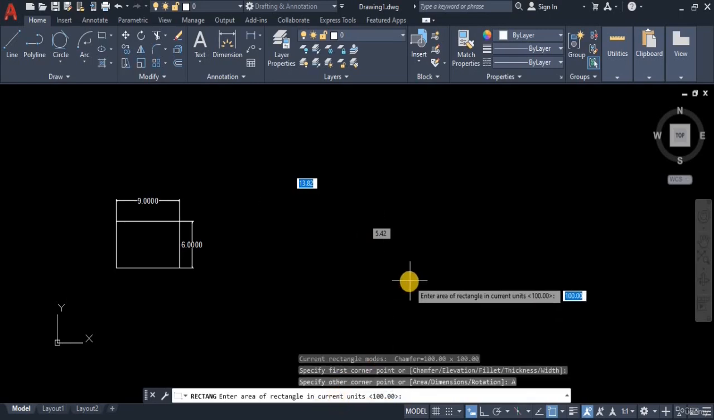Now after clicking on the area, it is asking us to enter the area of the rectangle. So what is the area of the rectangle? Let's say this is 20 inch square. You type 20, enter. Now it is going to ask us to calculate the rectangle dimension based on, is it